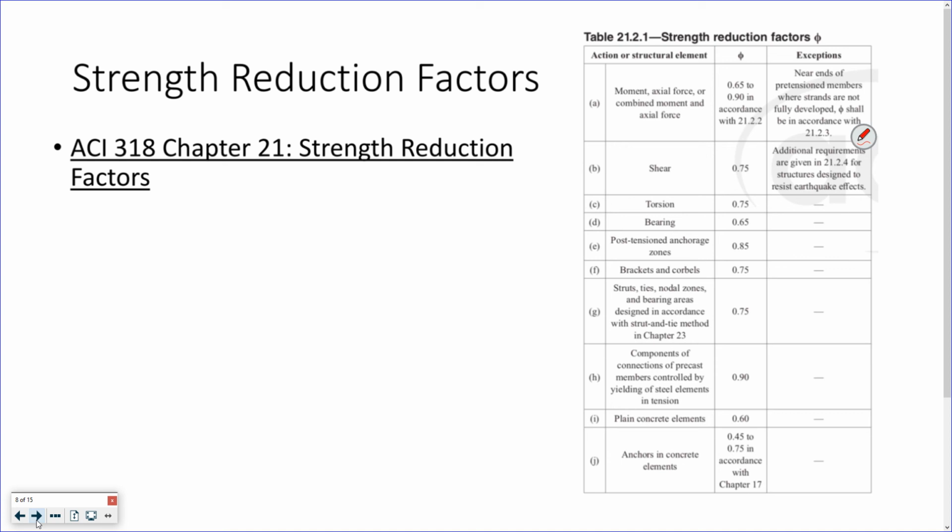It starts on page 391. We are mostly going to be utilizing this first one